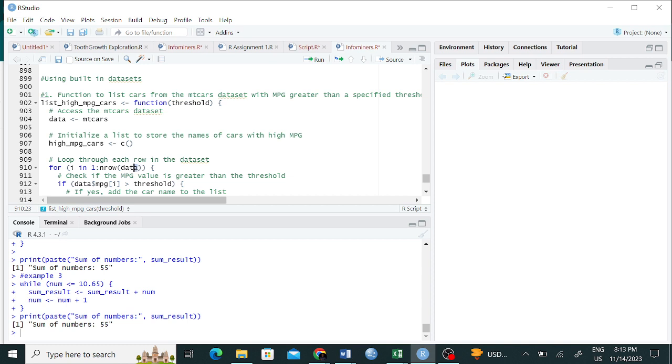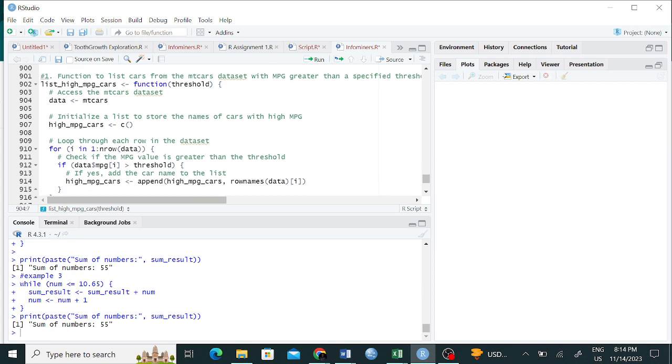So this one here, which we are saying data, we had already talked about it as mtcars. Here it doesn't have to be data, it can be something like purity. But if we write purity here, then it means up there we wrote purity, where we are saying data equals mtcars, you can say purity equals mtcars, right?